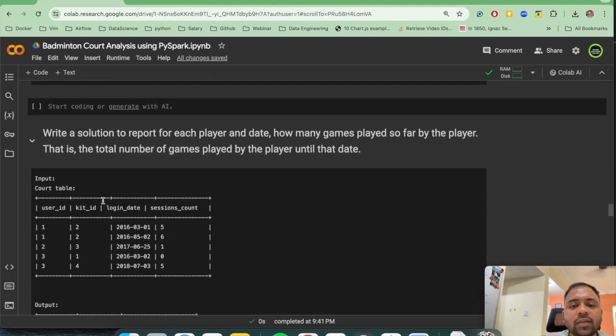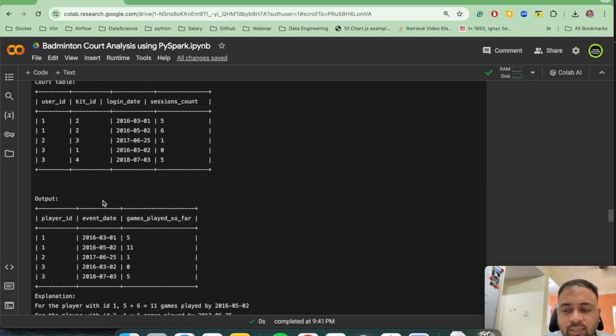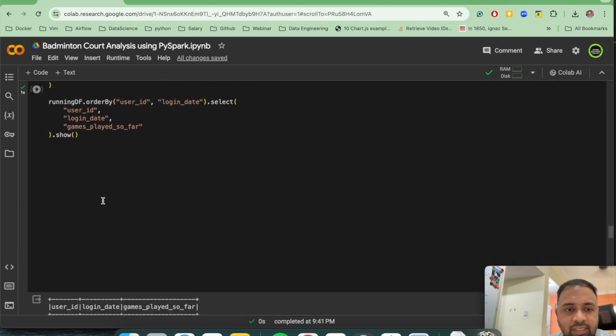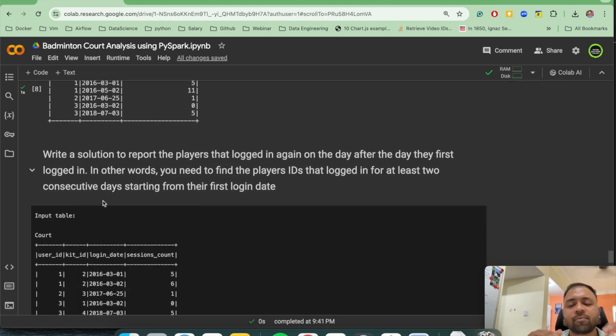The next problem, we wanted to find the running sum, right? Running sum till that date. Here also we applied sum, and then we applied the Windows function. There we applied a partition by, then we did order by, right? So this was the running sum problem. This was also very interesting. Then what we tried to find,